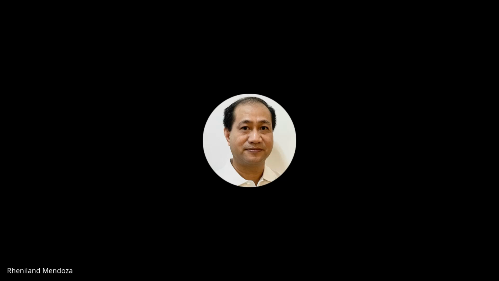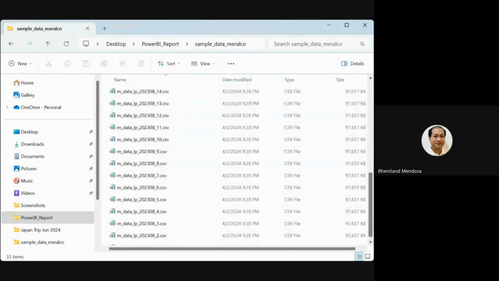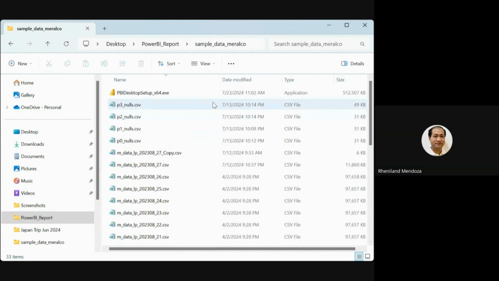This is also the folder where I saved your sample data from Edison. So this is the download file, PBI desktop setup underscore x64.exe. If you click on this, which I already did, it will open up Power BI, and let me show you mine.